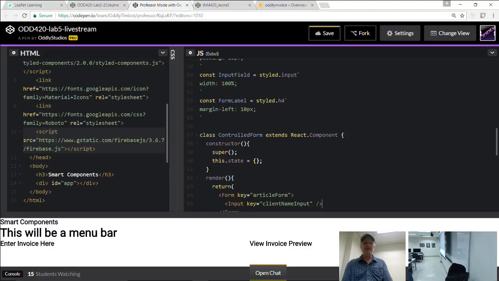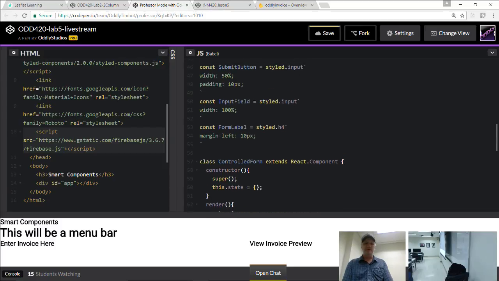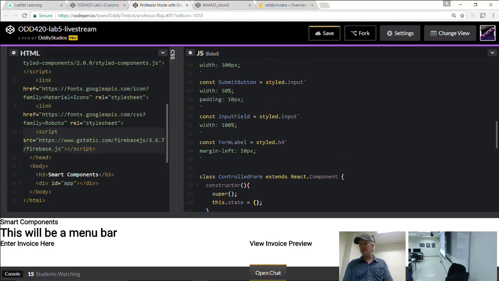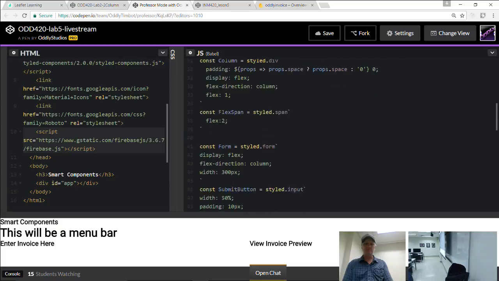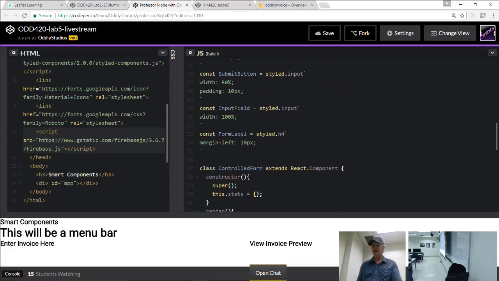You know, I think I want one more component. I think I want a text area. Yeah, let's see.